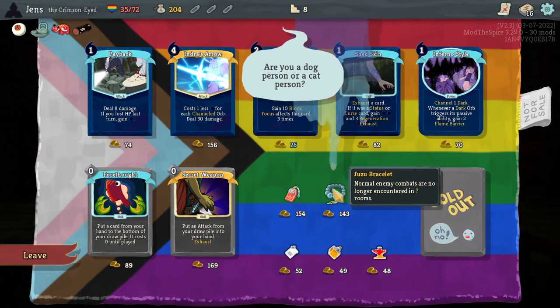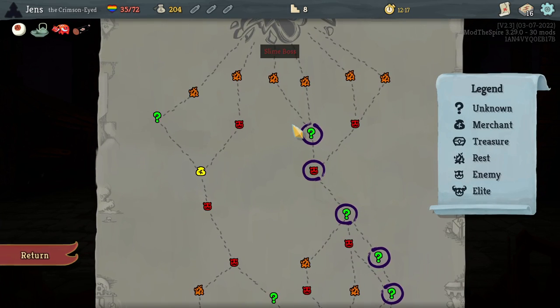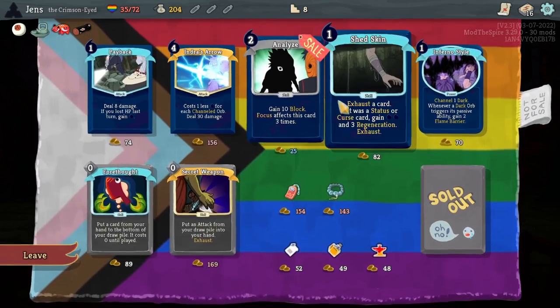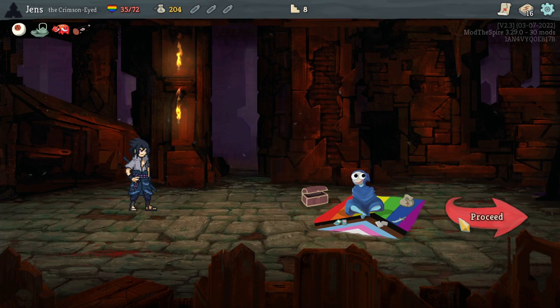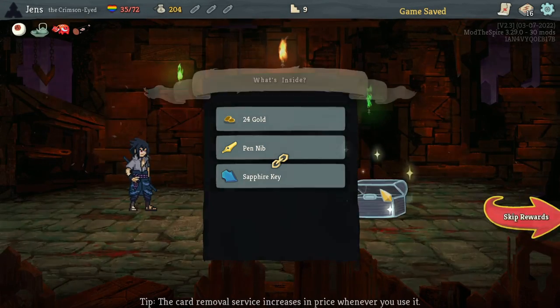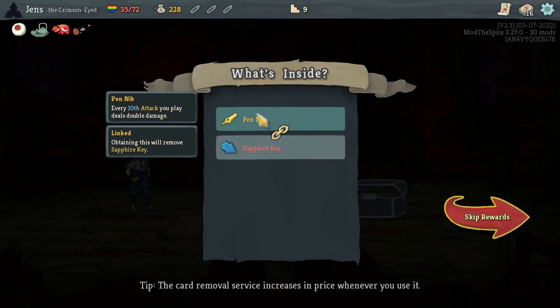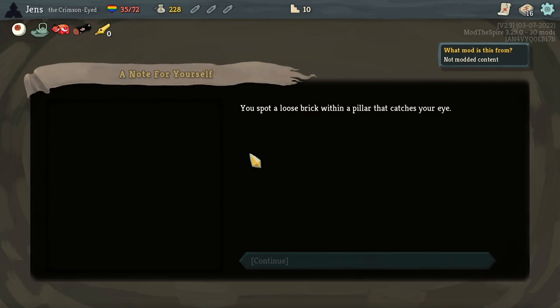Alternately, I can just get Omamori or Juzu bracelet. Or save my cash. There's another shop upcoming. Yeah, saving cash is not a bad idea. I personally am much more fond of Juzu bracelet than most people, but Pen Nib is a big damage increase in a lot of cases. Yeah, I think we kind of need...